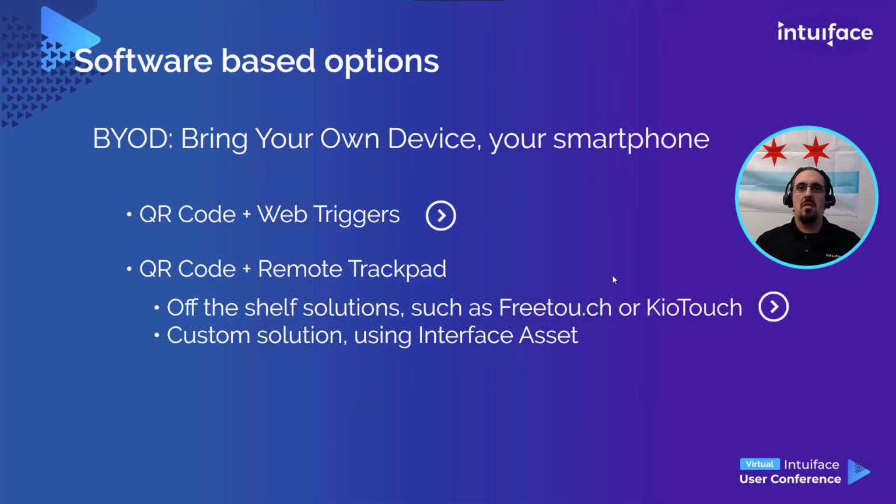So as you can see, this solution will actually work with any kind of experience or application actually running on the kiosk. It will just emulate a mouse cursor and emulate the click of a mouse when you do a tap on your phone. So this will be more adapted if you have some complex experiences with lots of different layouts between your different scenes. And so you can either go with some off-the-shelf solutions, such as the two I mentioned, or you could